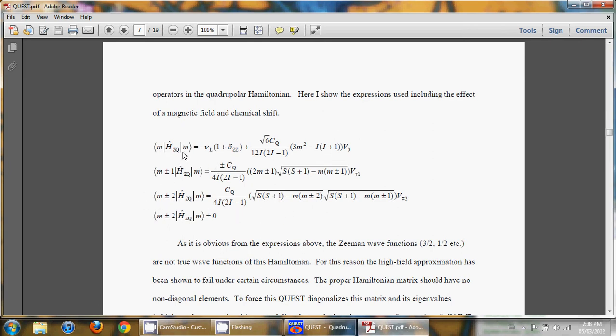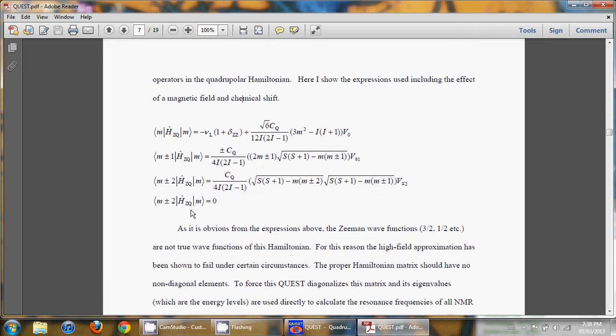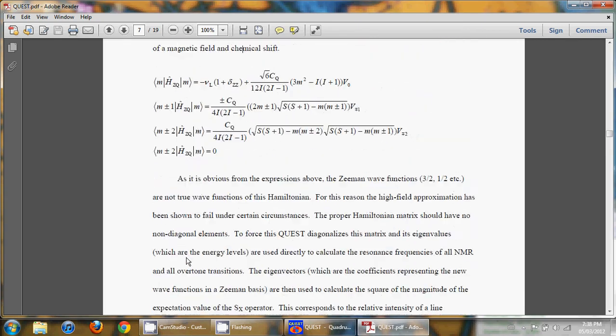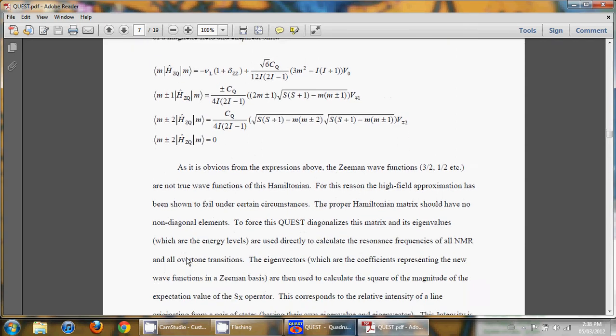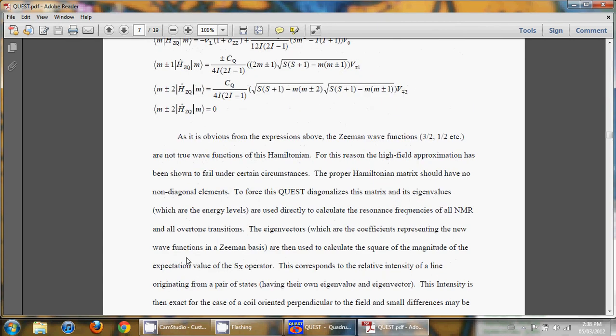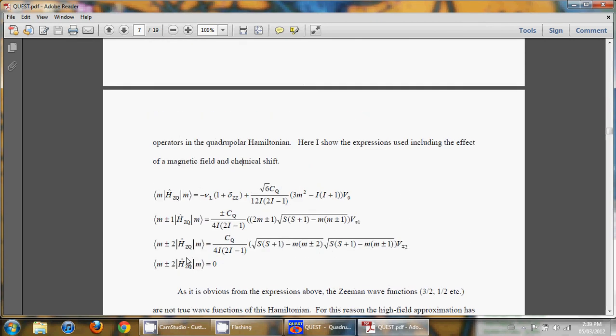And so these Zeeman wave functions aren't actually true wave functions of the Zeeman quadrupolar Hamiltonian, because you have these off-diagonal elements. The way that you force this to be the case to get the true wave functions out is you just diagonalize this matrix. And what this gives you is a set of eigenvalues from the diagonalization, and these eigenvalues are simply the energy levels, and you can use these to calculate the resonance frequencies. And from the eigenvectors, which represent the new wave functions, which are expressed in the basis set of these Zeeman wave functions,